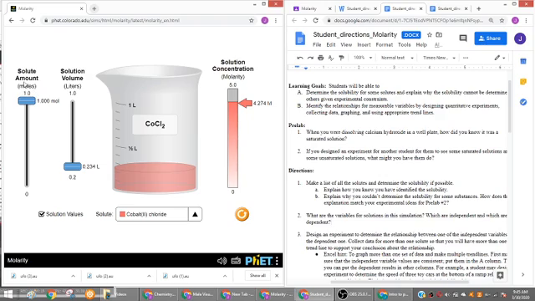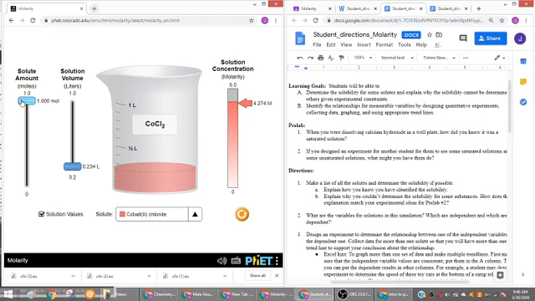So we're definitely looking at solute amount and solution volume as variables. Concentration is also a variable. You could say saturation and not saturated or unsaturated are also variables. Which one depends on the other? You should label which one does depend on the other as dependent, and which one doesn't depend on